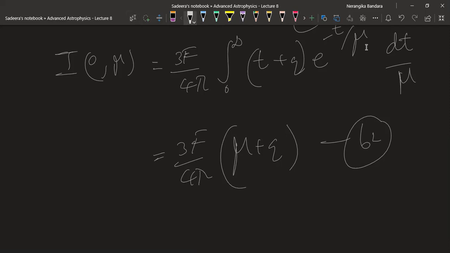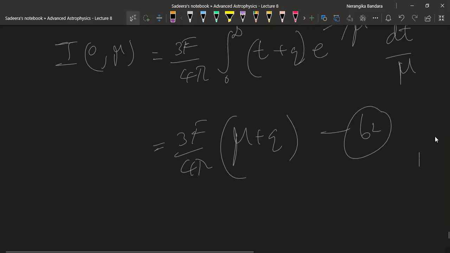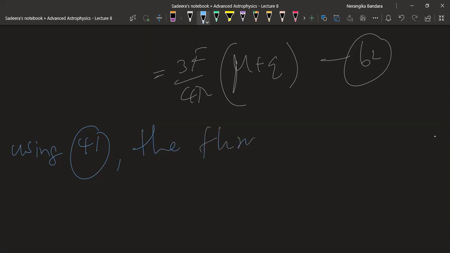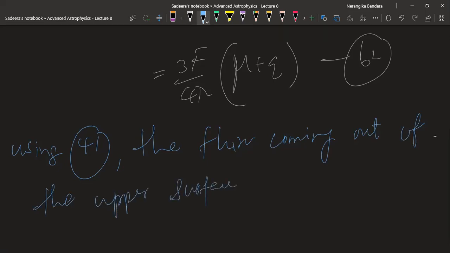Anyway, going back to some of our previous lectures, using equation 41, the flux coming out of the upper surface of the stellar atmosphere